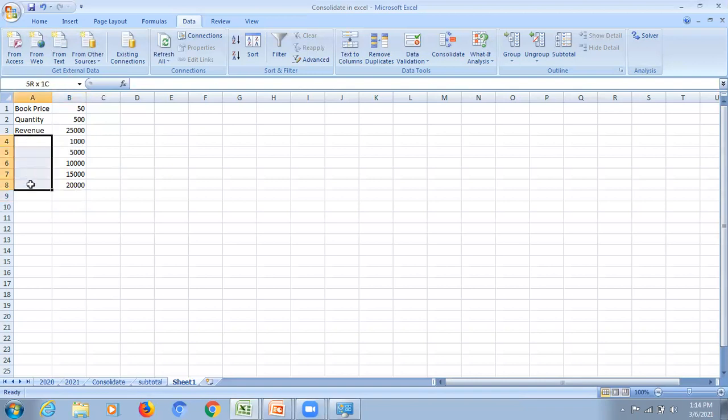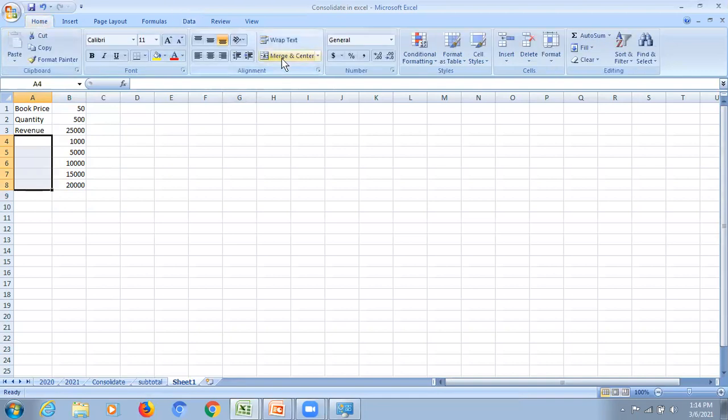So let me just merge it and name it as quantity. Then here I will keep the price constant, that is 50 only. I don't want to change the price.